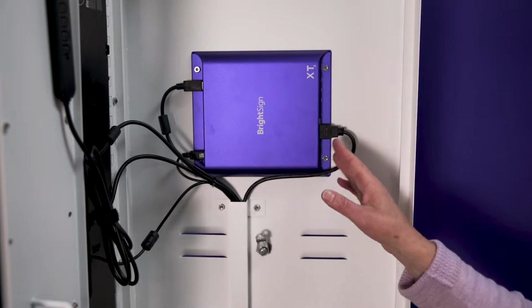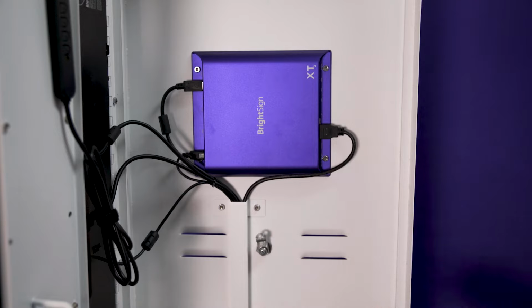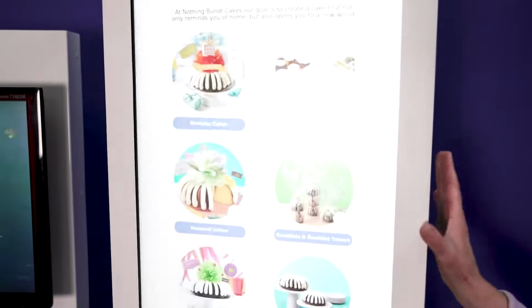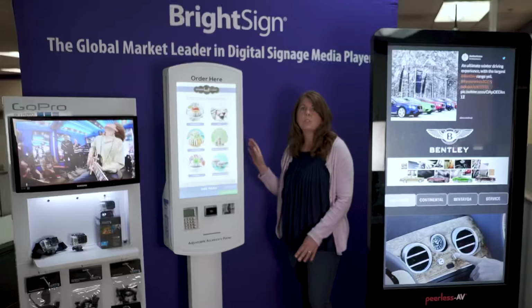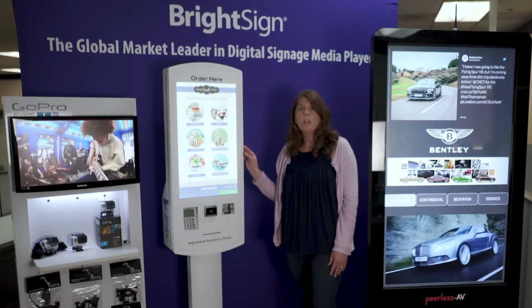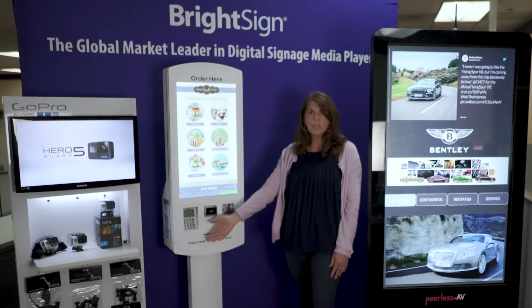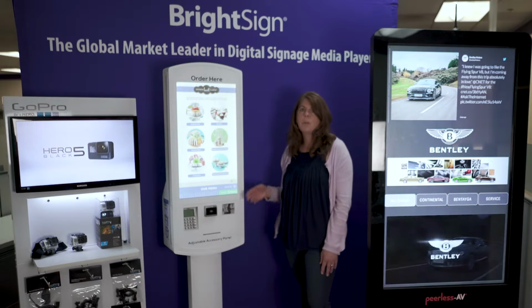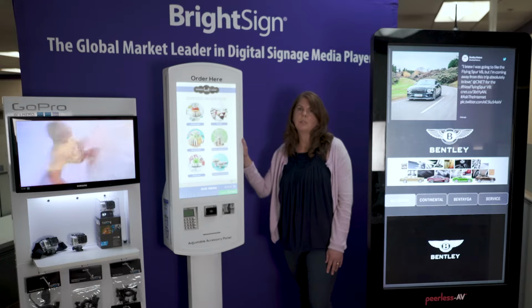They can also operate at 90% relative humidity, non-condensing, so that makes them ideal for outdoor applications as well. BrightSign players also come with a wide range of connections and I/O ports such as GPIO, USB, serial, and IR, which allows them to be installed in a wide array of interactive displays. We can also power third-party devices like these credit card readers and a printer for this restaurant kiosk.